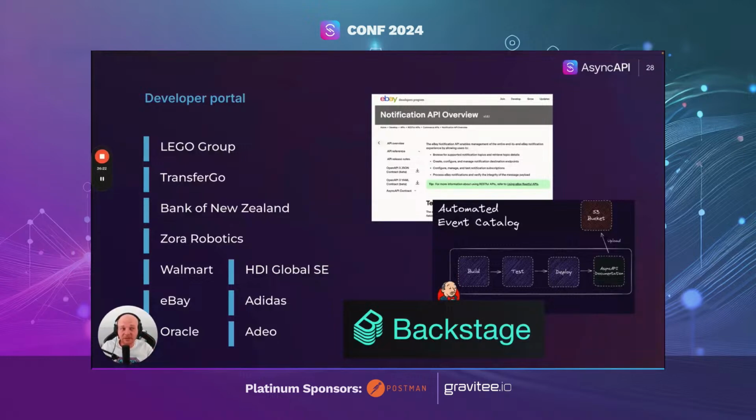And that's what, for example, TransferGo does here. They use this open source project called Event Catalog, that is capable of reading an AsyncAPI document and outputs not a list of services and their dedicated API docs, but a catalog of events. And you just browse and search through the messages that you need, and then you can check their schemas. And who produces the message? That's probably some small label in the details of the event documentation, because it's not really that important.